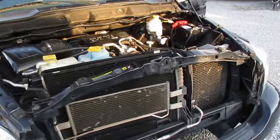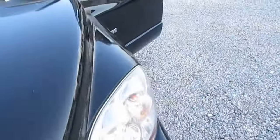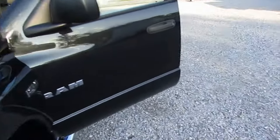.7 Hemi V8, folks. The big boy. But it doesn't have a loud exhaust on it either. I like that because a lot of people buy these things, they put Flowmasters and all that. That's not bad. But